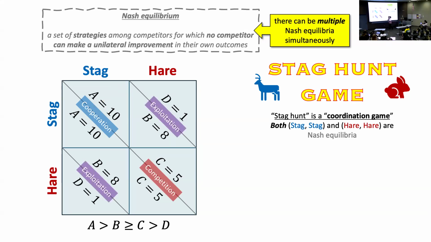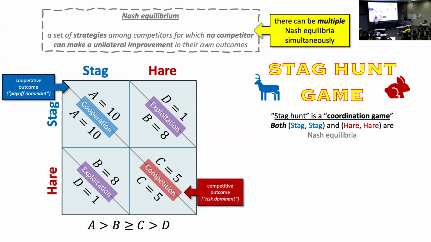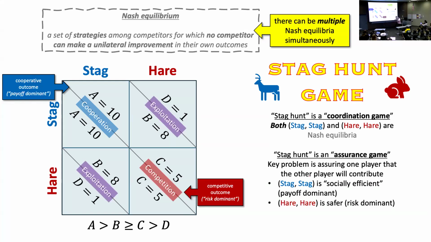So even though there are these two Nash equilibria, they differ in a certain way. This Nash, the cooperative outcome, is what we call payoff dominant. So this one, it's much better if you can get your partner to hunt with you. But this one is risk dominant. So in this case, if you don't know if your partner is going to hunt, then it minimizes your risk. It minimizes the variance in your outcomes by deciding to just do the safe thing and hunt for a rabbit yourself. So we get these two interesting different outcomes,